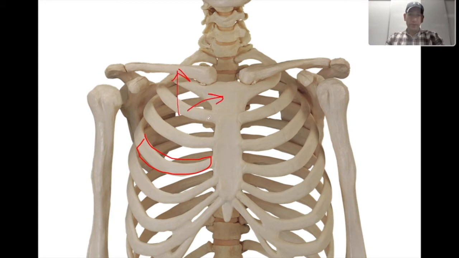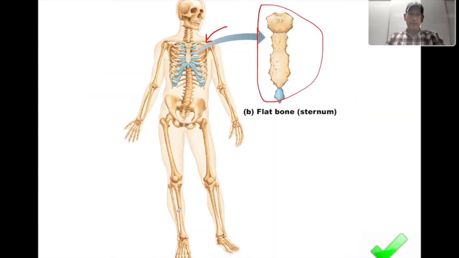The manubrium is flat. The body is flat. The xiphoid process is flat. These are all flat bones. Now we have another flat bone, and that's the cranial bones. The cranial bones are all flat. And that's